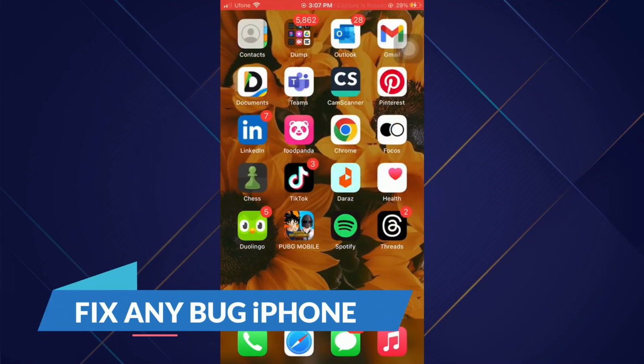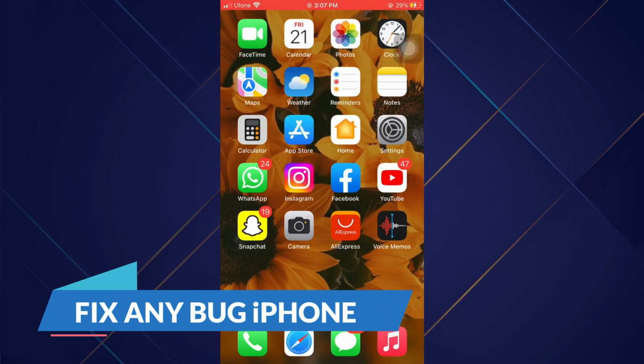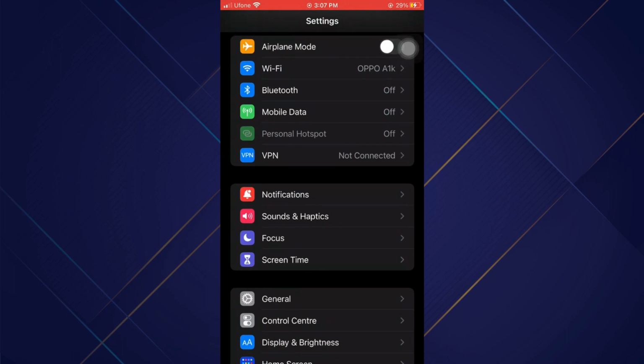How to fix any bug on iPhone. Today I'll show you how you can fix any bug on iPhone. So what you need to do is, first of all, open up your device settings on iPhone and turn on